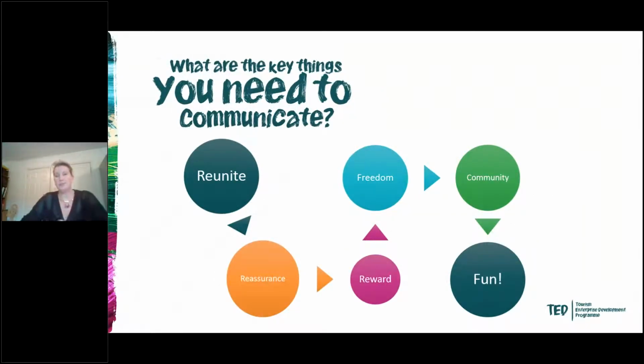So the key things when you're doing this, and what's really come out of the research from just during this whole lockdown period, is people just really want to reunite. That's an obvious one. All of you have the urge to do that, reuniting with grandparents, with grown children, and friends, family, extended family. You really need to instil this in your messaging. It's really important that you're putting together packages and ideas that are all about reuniting families and loved